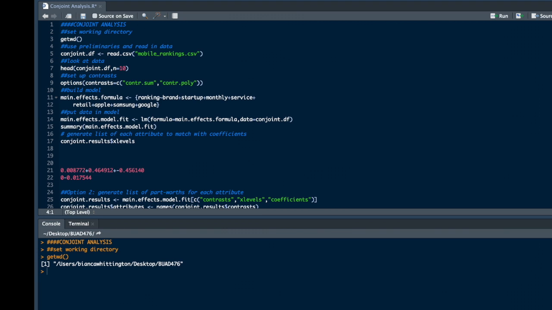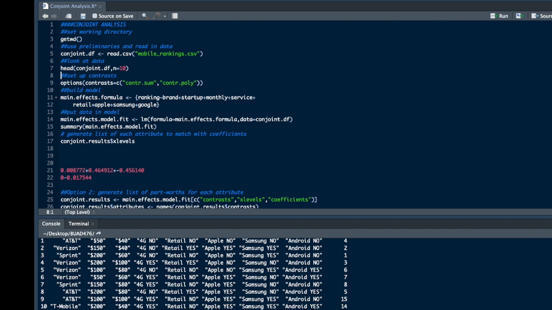So the data I'm using is mobile rankings. So we can see people were asked to rank different options of mobile plans, and each option had different attribute levels. So I'm going to call this data conjoint DF when I read it in. And then just looking at my data set,